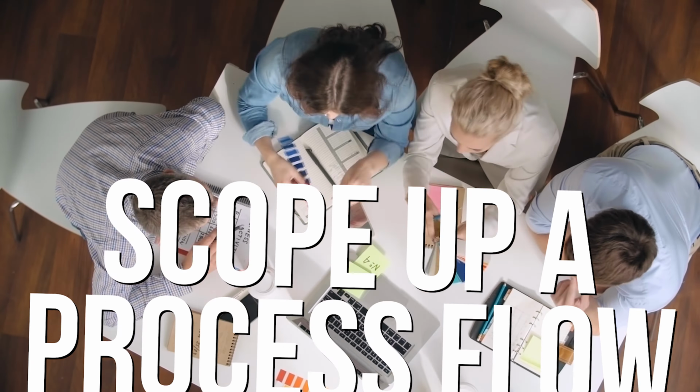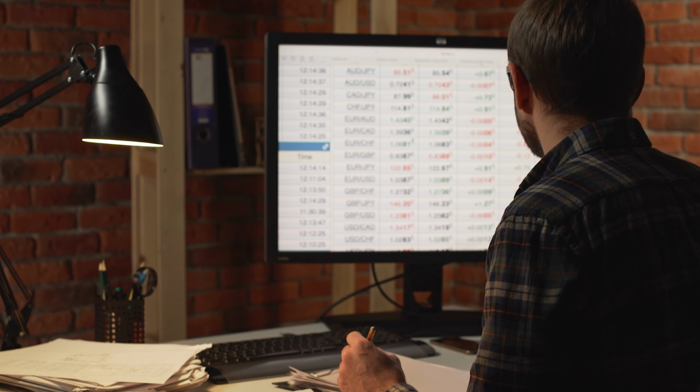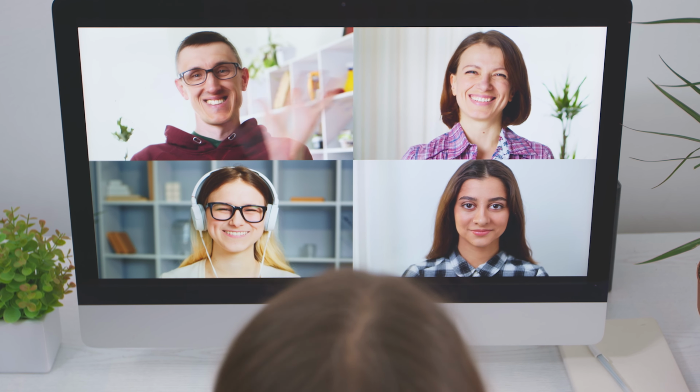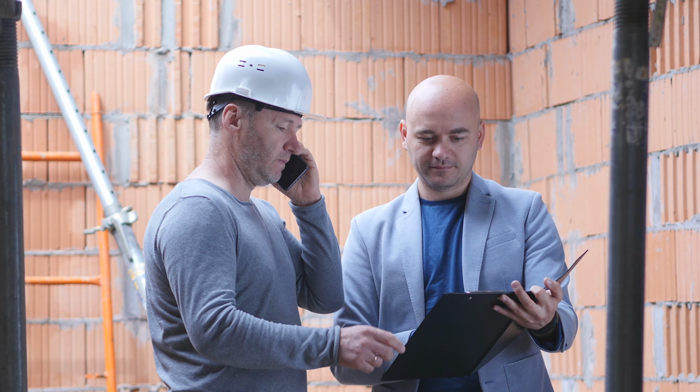After we've done that, our next step is to scope out a process flow. And you might think, oh my God, Pete, now you're getting boring with the spreadsheets and the flow charts. No. Trust me on this. We're going to scope out a process flow because this is very, very important to choosing the right kind of software. Once you know the business process that you're looking to solve, and maybe that business process is launching a marketing campaign, or creating a webinar funnel, or hiring a new employee, or delivering a project, building a house, or creating a widget if you're a design business, any of those is going to have a set of steps in it. And we've got other videos on how to systemize your business.